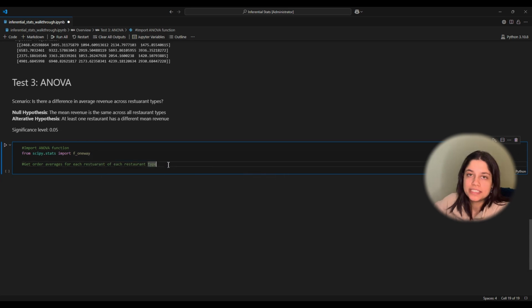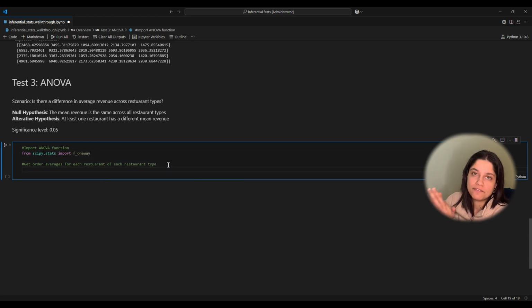So here we want to get the average revenue for each restaurant of the different restaurant types, and we want them as a list. So let's say there are 5 different Asian restaurants. We want to create a list that has 5 values in it, where each value is the total revenue for each restaurant that is categorized as an Asian restaurant. So to do that, we will